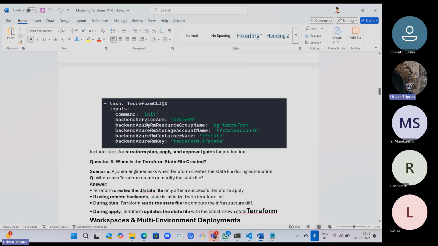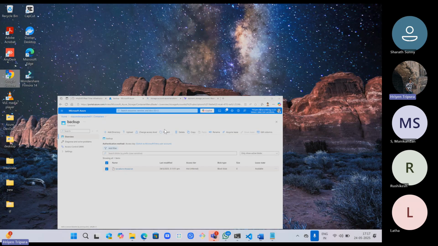You can see the comments, then the backends to authenticate. Then we have the resource group, the storage account, then the container name, and the backend Azure key. These are all backend details, basically. Whenever I run Terraform init for the first time in the backend using DevOps, I need to configure this first. So if I talk about the real time,